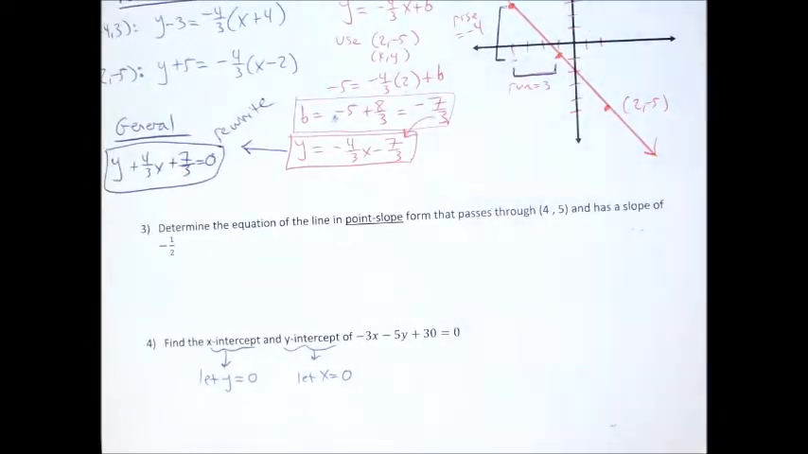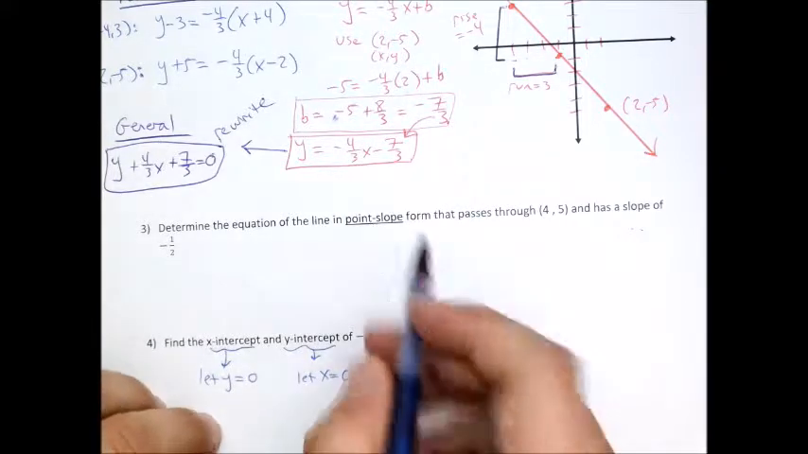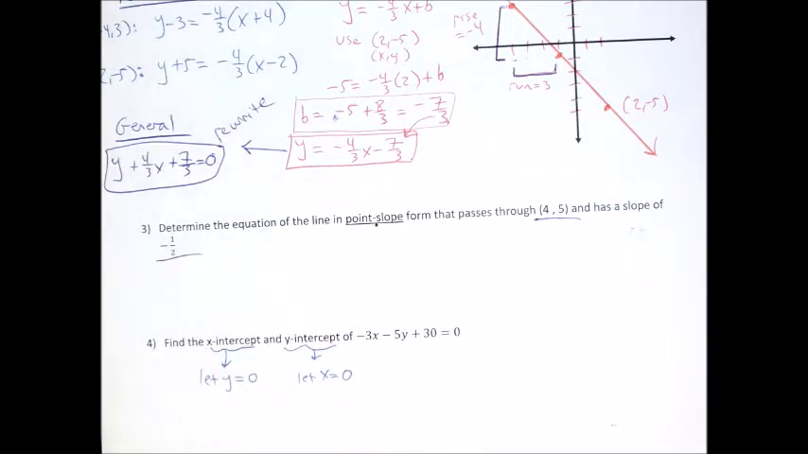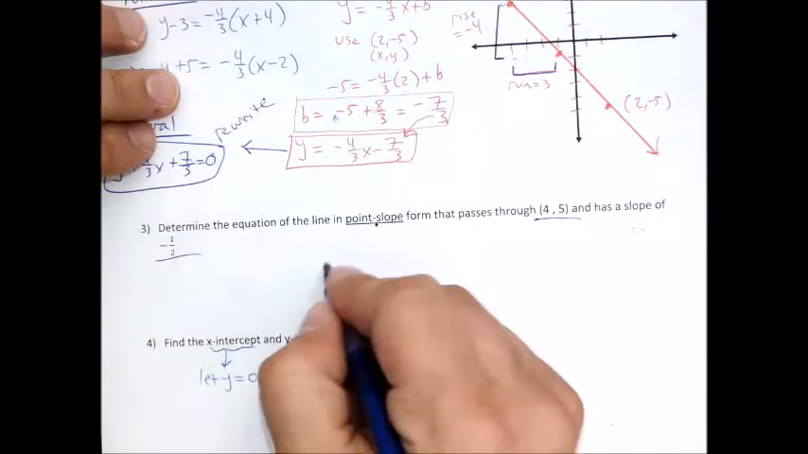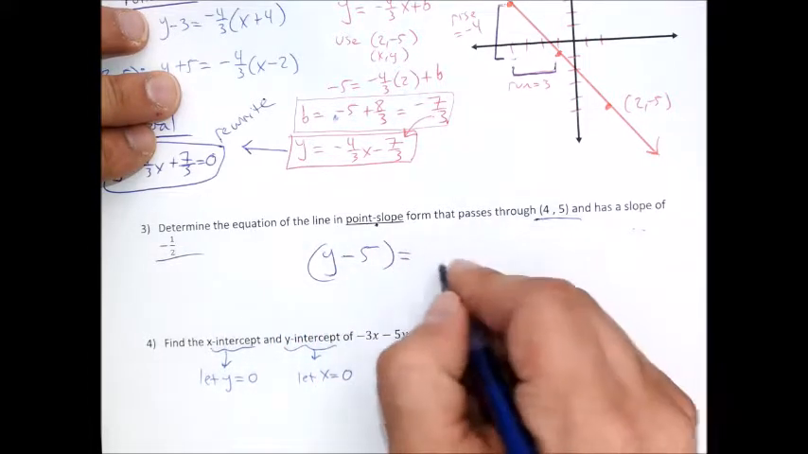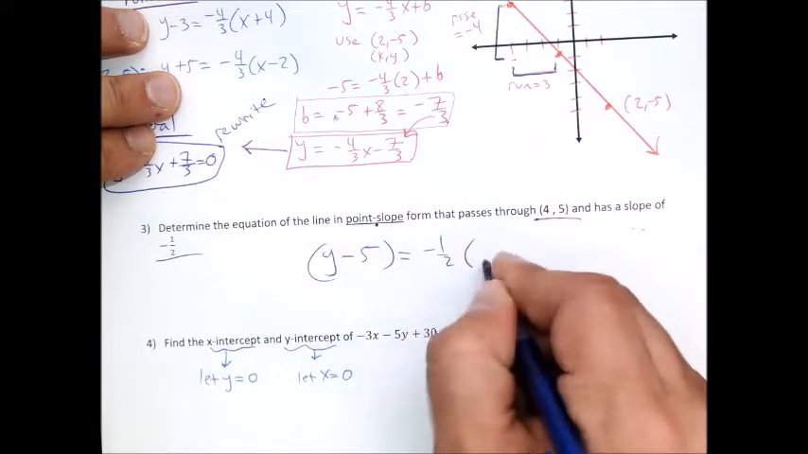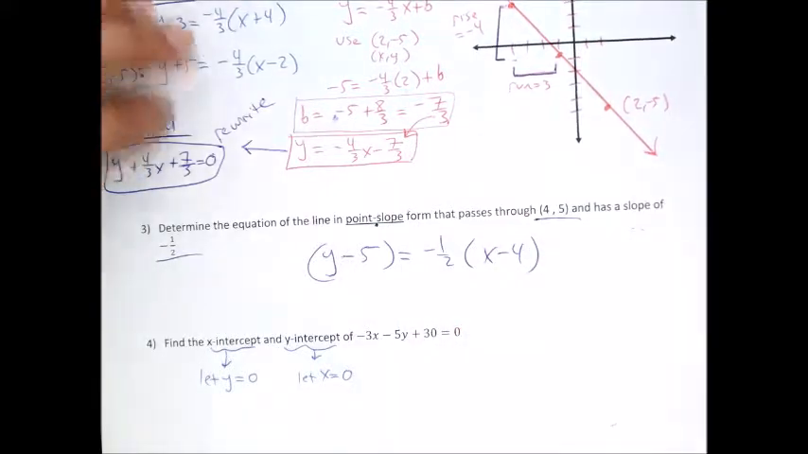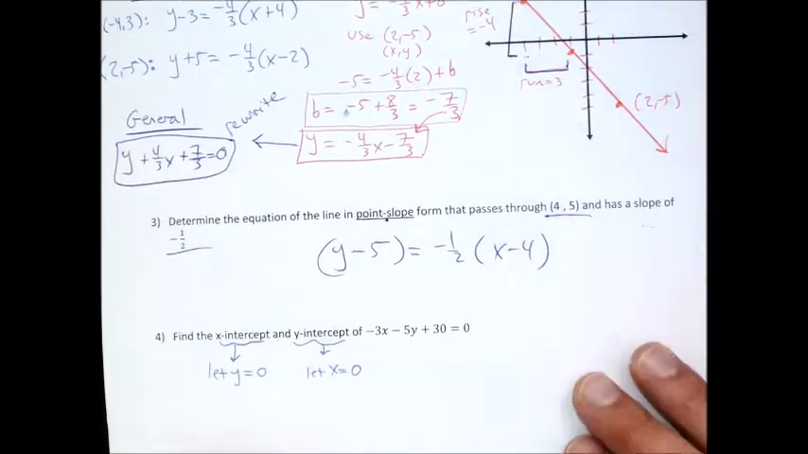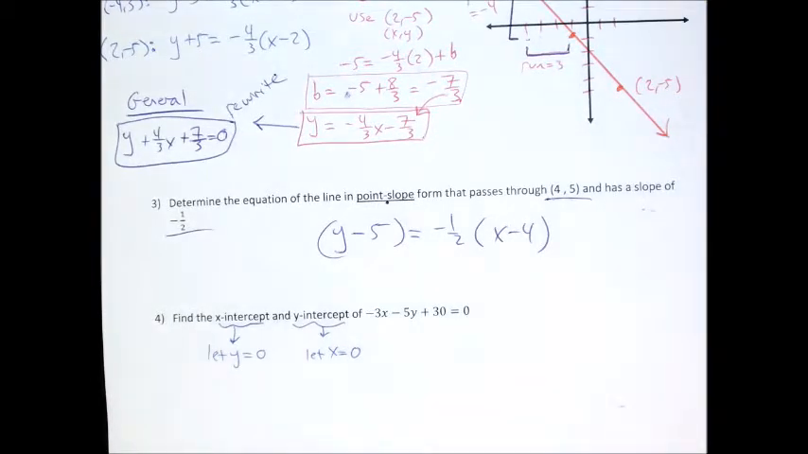For number 3, to find the point-slope form, if we want point-slope, we just need a point and a slope. And this one gives us both those things. So this one's very straightforward. The point-slope form is just y minus the y value equals the slope times x minus the x value. That one's fairly straightforward. And then the last one, to find intercepts, we find intercepts the same way no matter